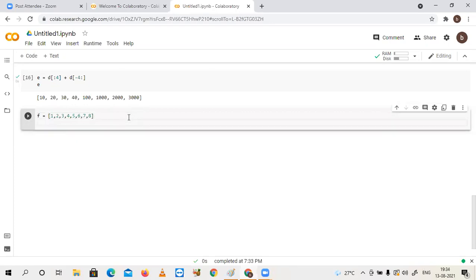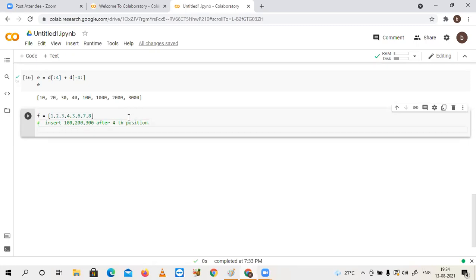My task is, as in this comment line, hash symbol is for comment: insert 100, 200, 300 after the fourth position.